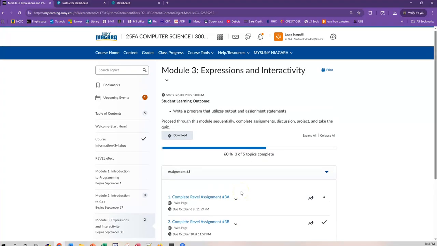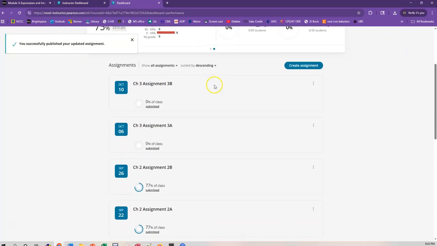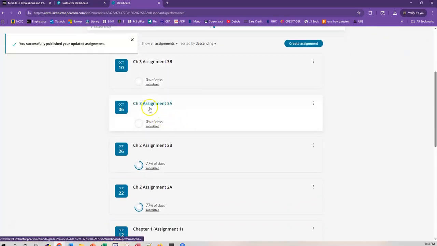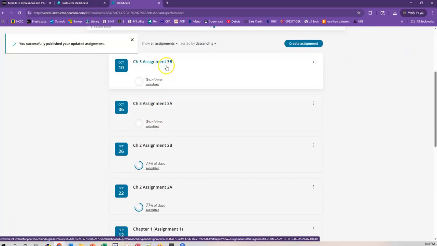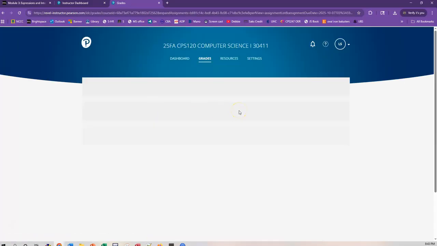So I want to go through and just show you a couple of things. You should be able to enter into each of your activities by going through the dashboard. So here is assignment 3A and assignment 3B. And if I just click on assignment 3A,